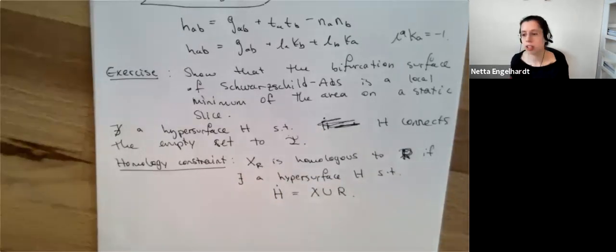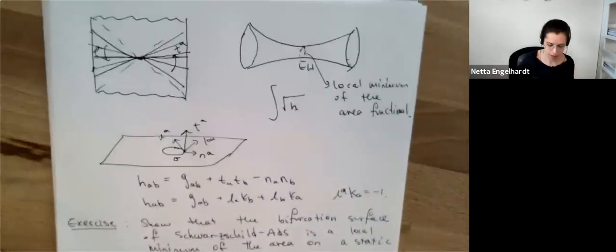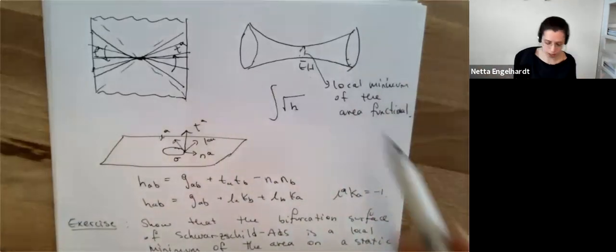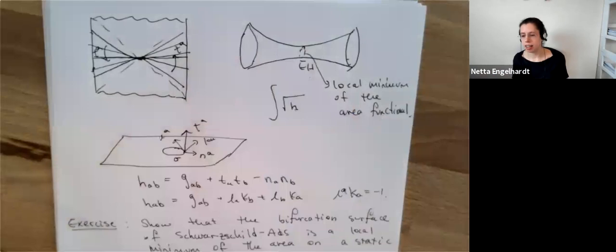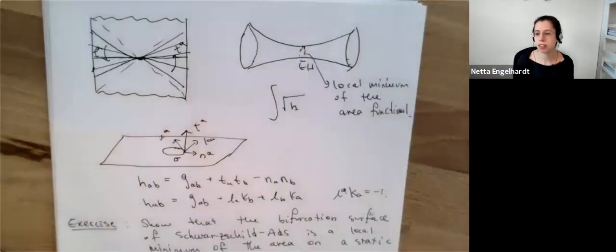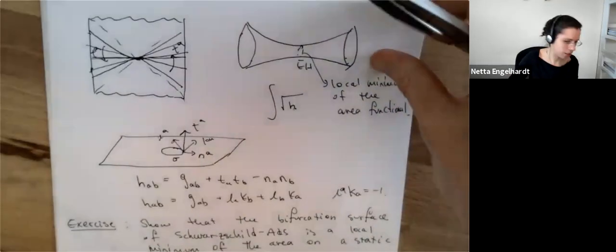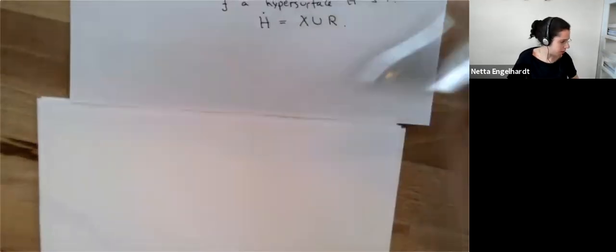And in particular, there is no such surface for the empty set, as long as we're considering just one asymptotic boundary. If we're just considering one asymptotic boundary, there's no surface that does this, because if you take a look at this Cauchy slice here, the empty set will give us the complete Cauchy slice, and that one has this boundary also. And so that tells us that this is the minimal area surface that's homologous to one boundary here. And this finally gives us all the ingredients we need to state the so-called Ryu-Takayanagi proposal. So I'll keep the definition of the homology constraint here.